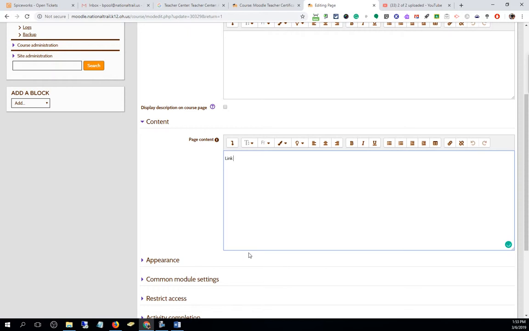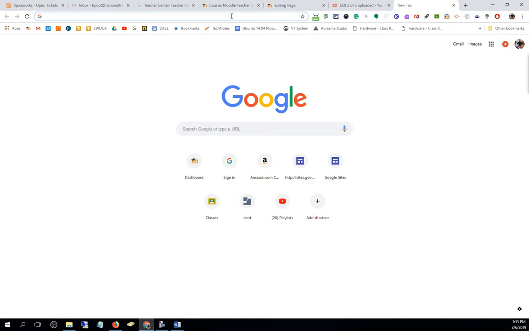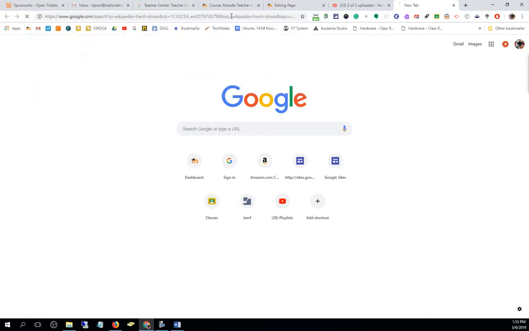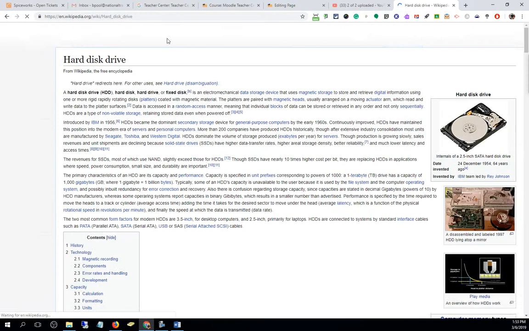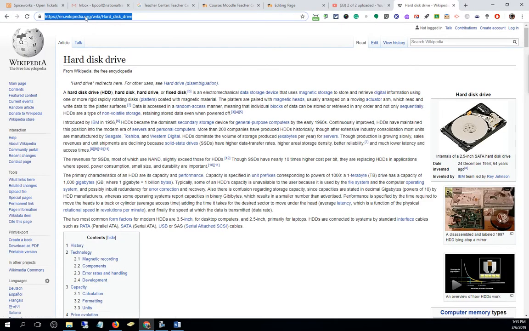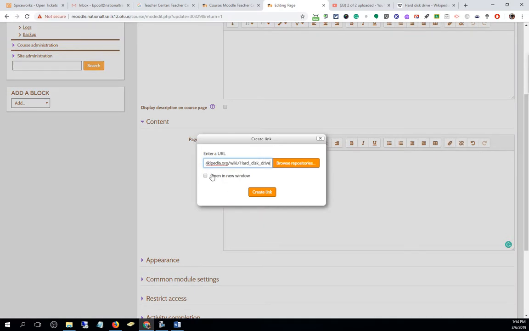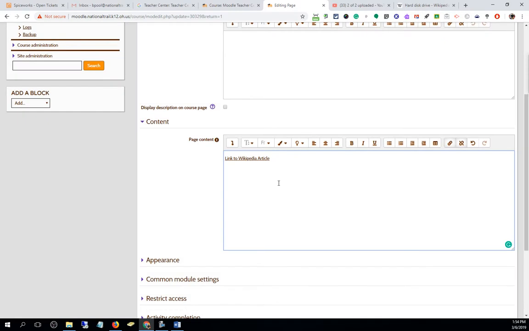So if I went link to, say I wanted them to read a page in Wikipedia, say I wanted to have them read this particular article on the hard drive, I just copy that URL right there, go to the page. I have to highlight something to link it. So I'm going to highlight those words, hit the little link button over here, paste it in there, and I always check open in a new window so that if they go there,